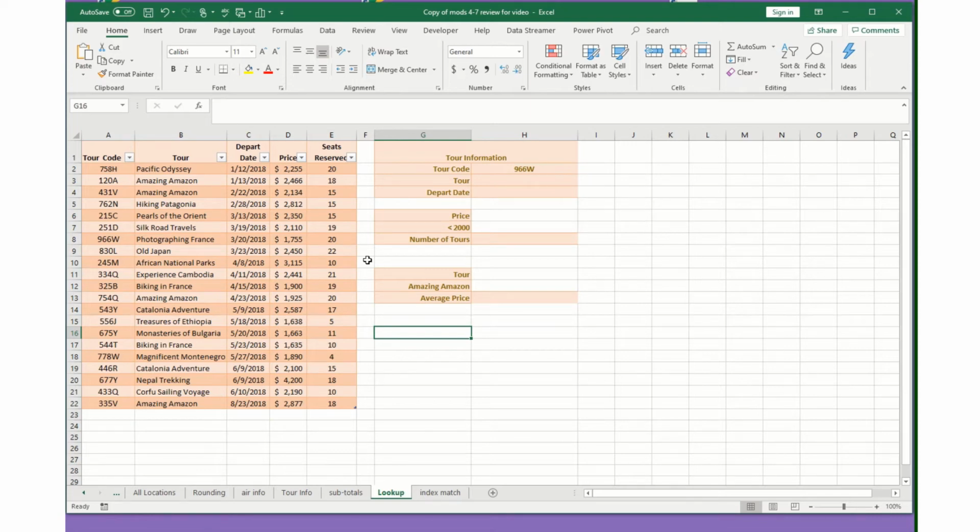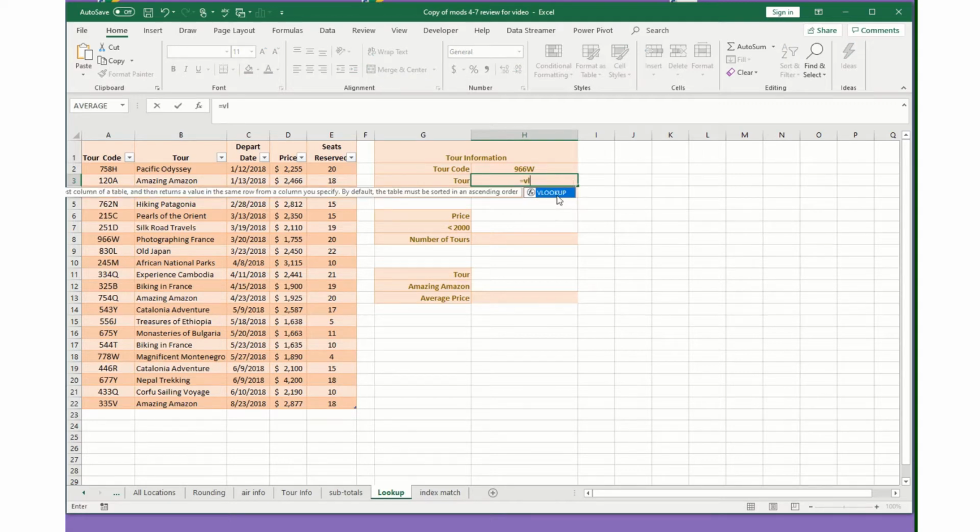Okay, a few more functions and we're almost done. Here we'll use a VLOOKUP to look up this tour code, and we can use a VLOOKUP here because the first column has this information as our lookup column, and we want to know the name of the tour. Equals VLOOKUP, and in this case we're going to look up this,